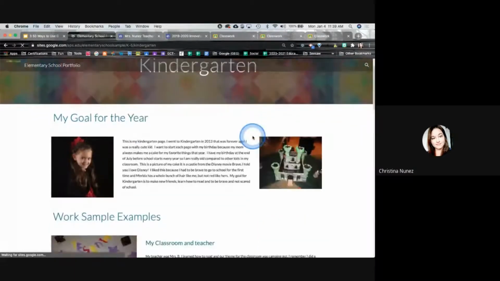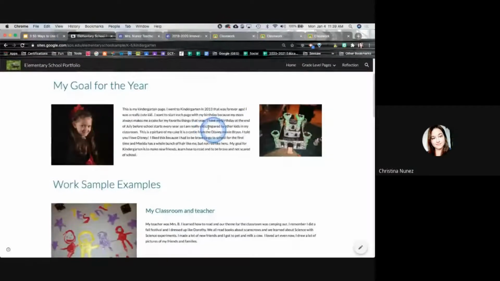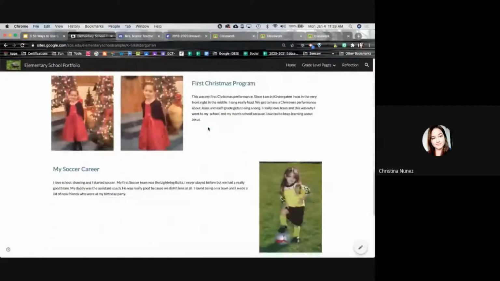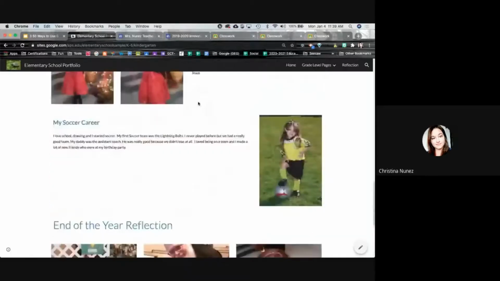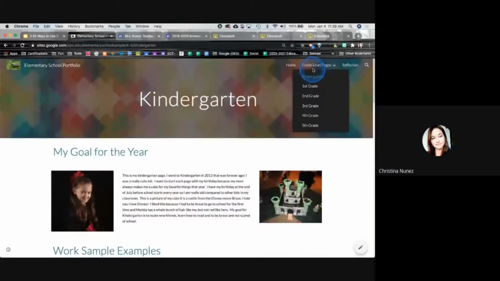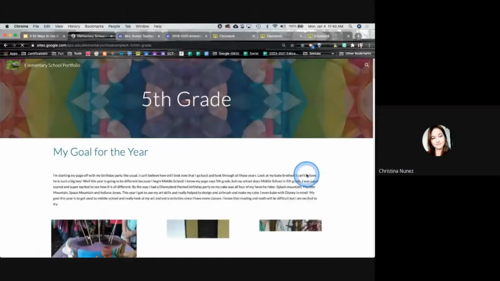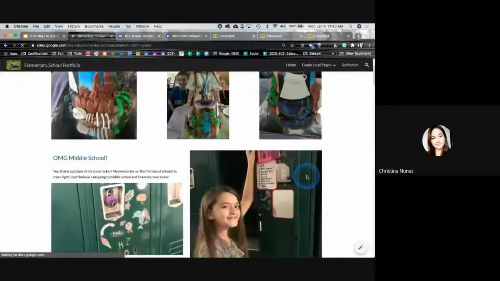So she's a little bit about a year off. But what her goal was when she was little, and she added a lot of pictures and we typed for her, obviously. And then you keep building that up and having a page for every year until you get up to that next higher level